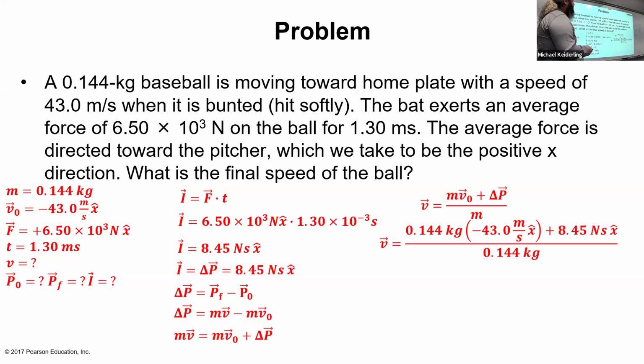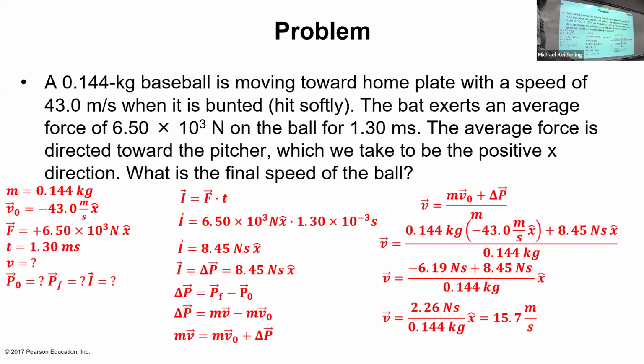So 0.144 kilograms times minus 43 meters per second in the x direction plus 8.45 Newton seconds in the x direction, divided by 0.144 kilograms. So the initial momentum is minus 6.19 Newton seconds. We add 8.45 Newton seconds, and then we'll divide by 0.144. So 2.26 Newton seconds divided by 0.144 kilograms gives us a velocity of 15.7 meters per second in the positive x direction. I forgot to copy over the x hat, but